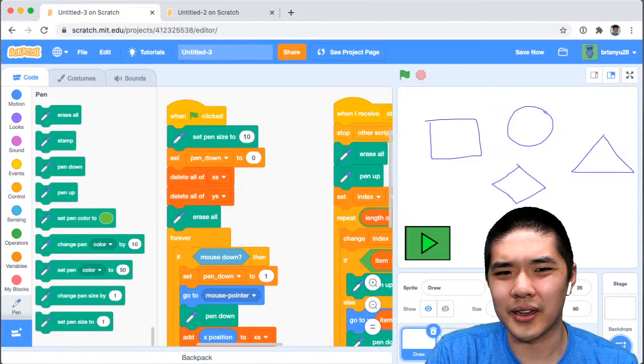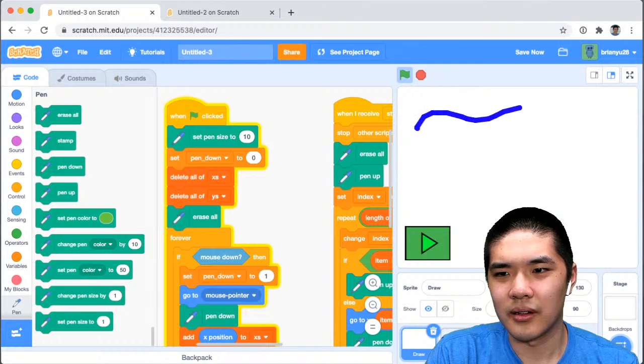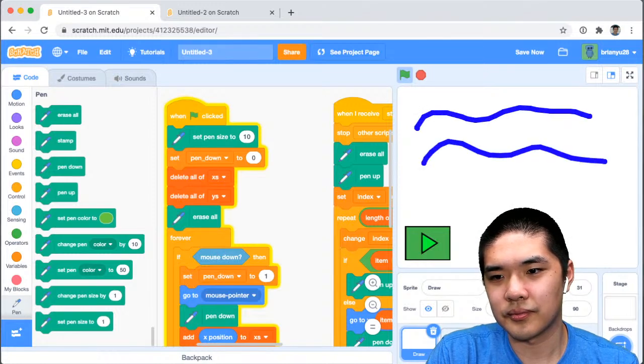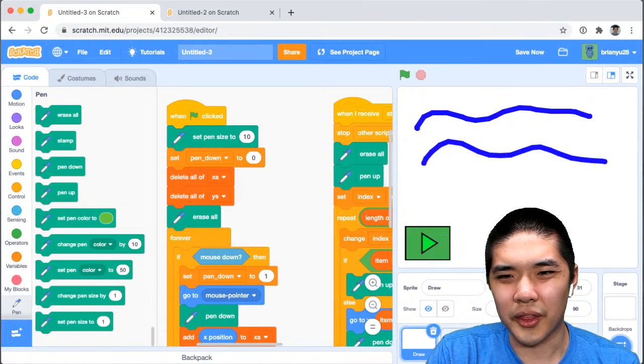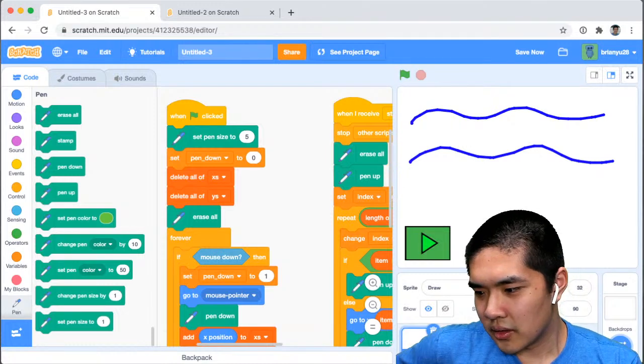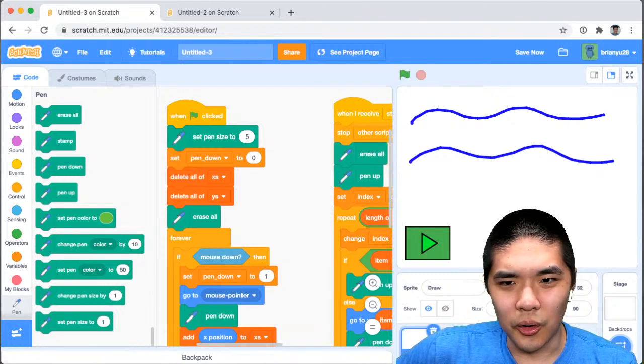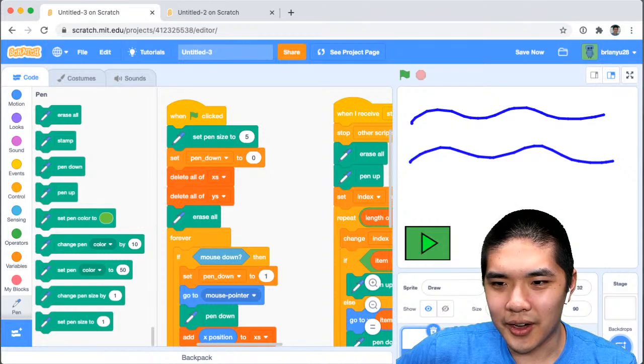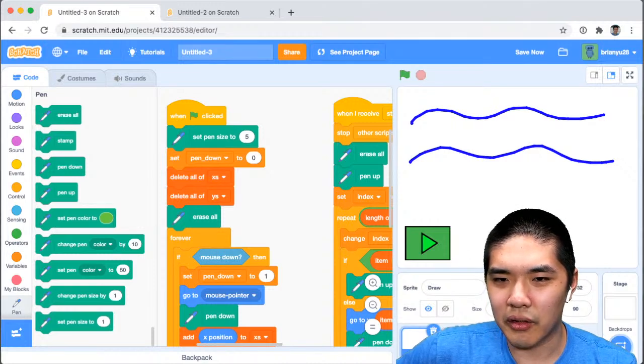Is that too big? I have no idea. Let's try it. And play it back. That's not bad. Maybe a little thinner. Let's go with 5. And play it back. All right. This seems to do sort of what I thought that it was going to do, and it's been a good practice with